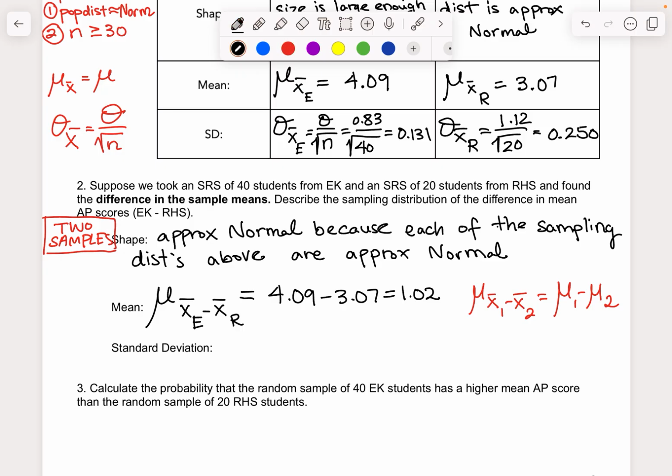What about the standard deviation? Well, okay, you should be thinking to yourself, I can't subtract standard deviations. I know better than that. Never subtract standard deviations. And I also can't add standard deviations. I know better than that too, because of the Pythagorean theorem of statistics. What can I do? Well,